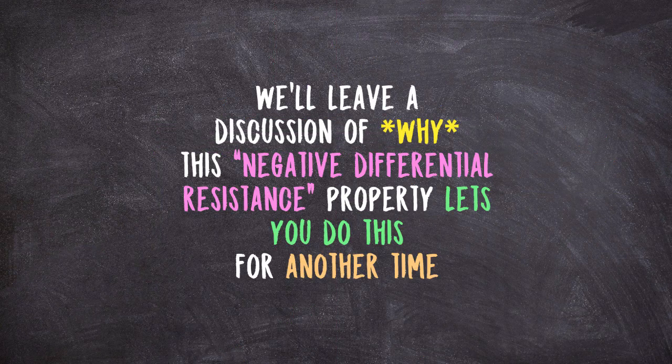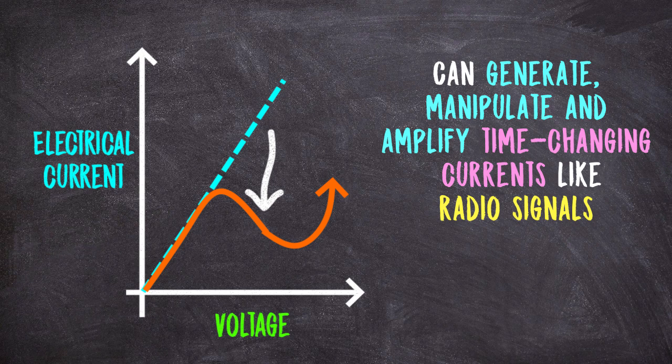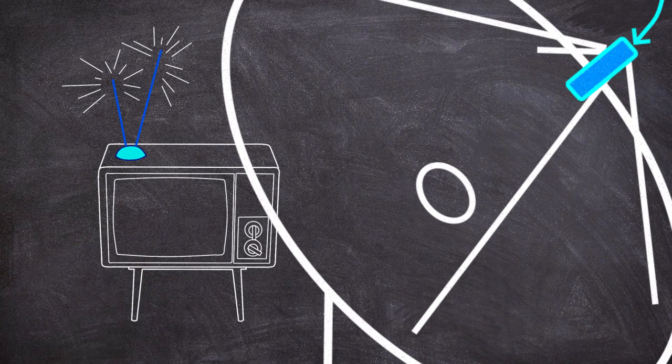The increasing voltage causes a decrease in current, and it's this negative resistance and this hump that makes tunnel diodes useful. In a nutshell, without getting into too much detail, devices that have this hump can do special things when you have an oscillating voltage. And by oscillating voltage, we generally mean like a radio signal. Devices like this, with this hump, can be used to build circuits, for example, that create radio signals, or process radio signals, or amplify radio signals. And I know that's vague, but hopefully that's enough to get an idea of why historically these tunnel diodes were used in a lot of circuits involved in things like TV tuners and satellite TV.